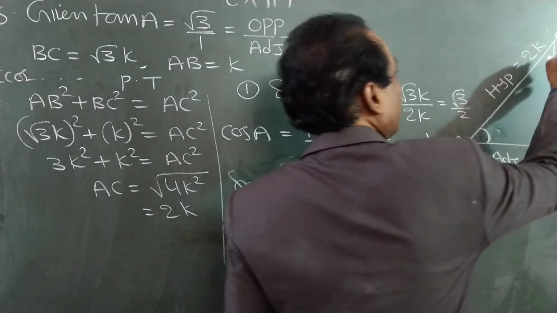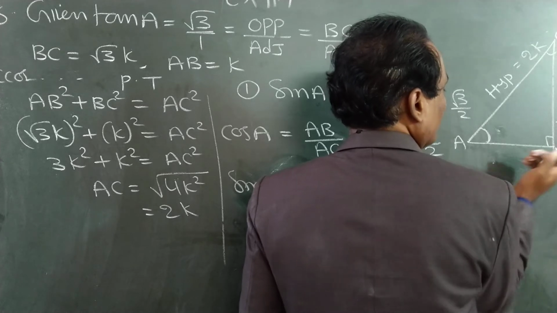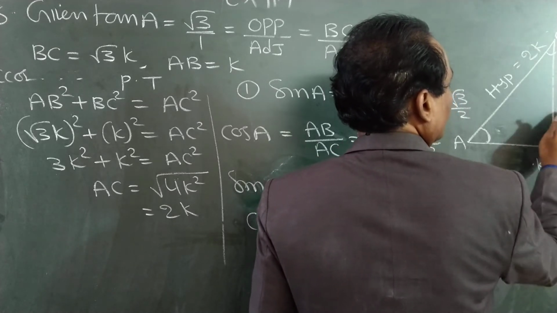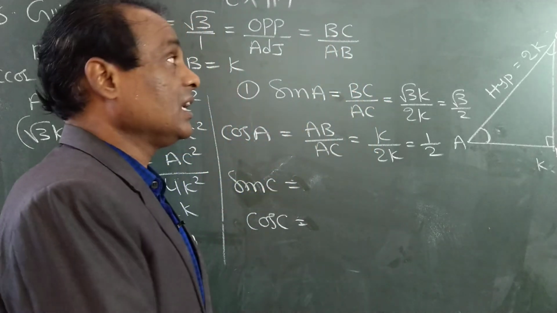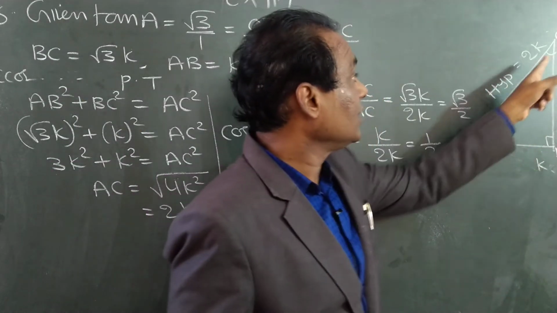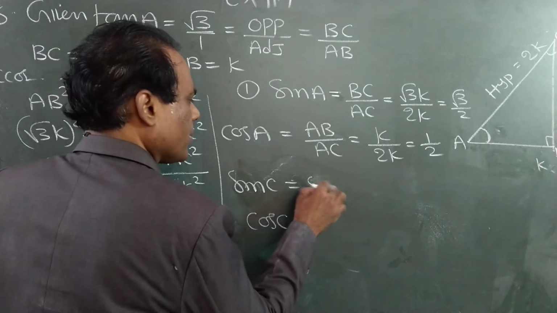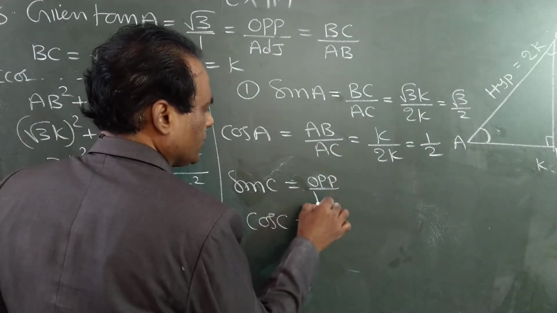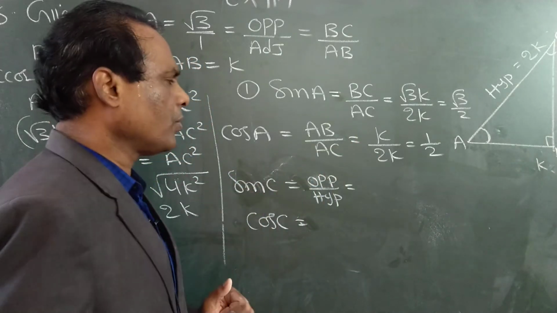So if we are taking this angle, opposite and adjacent will not be the same. These two will change. Don't write opposite and adjacent here. So for C, we are taking this angle. What is the sine definition? The same, opposite by hypotenuse only. No doubt in that. Everywhere, sine is opposite by hypotenuse.